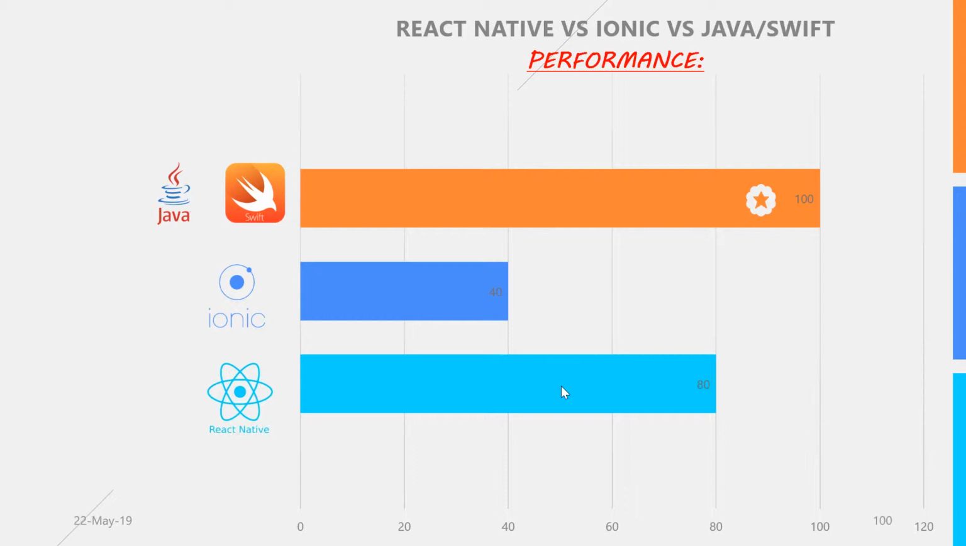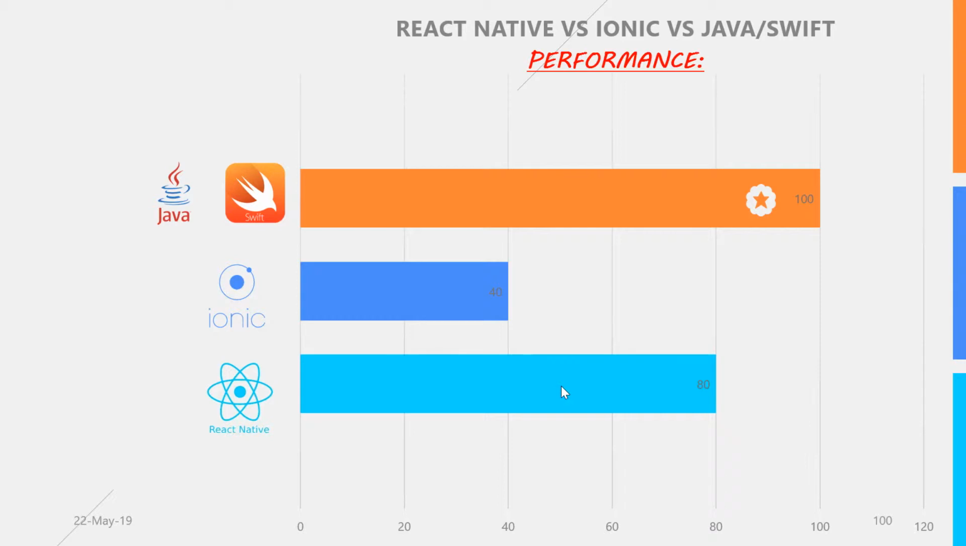So in terms of performance, the way I've ranked this is that at least one of them is going to have 100 in whichever category. Then we can use that as a baseline to measure how the others compete. So in terms of performance, of course, Java and Swift, the traditional mobile apps, are way faster compared to